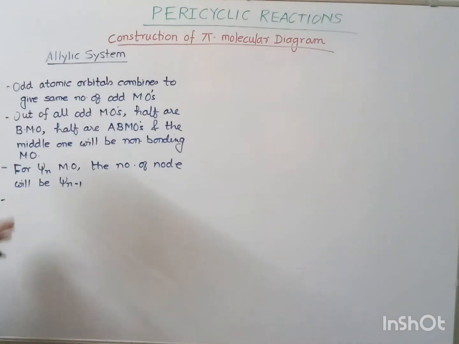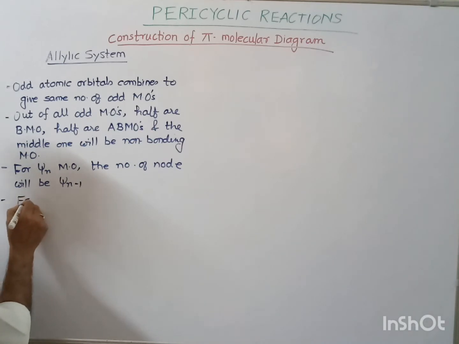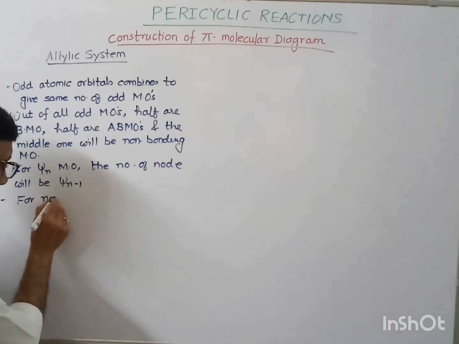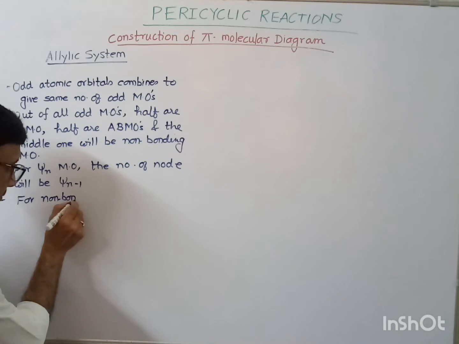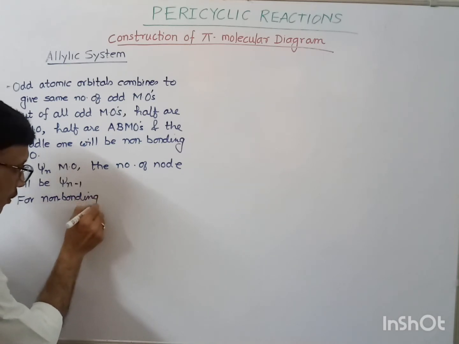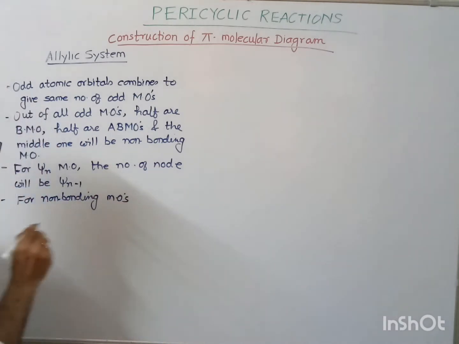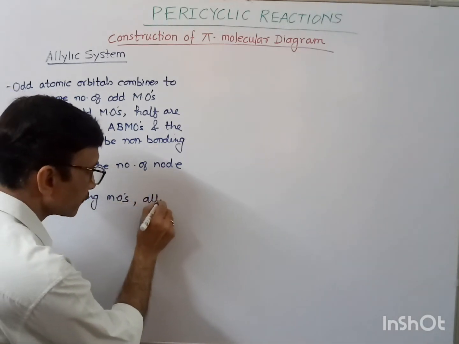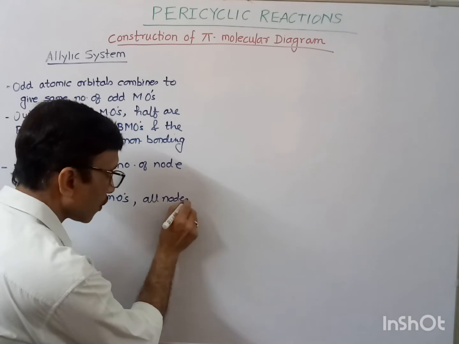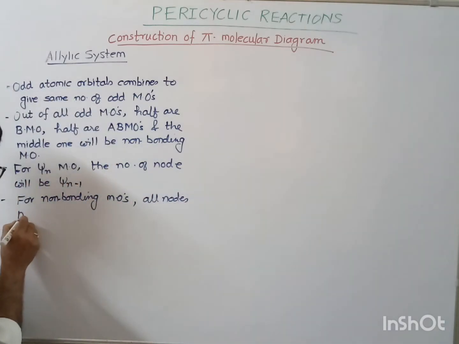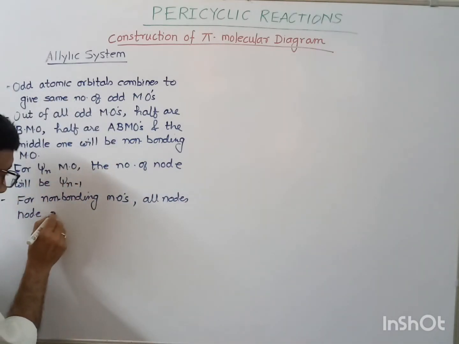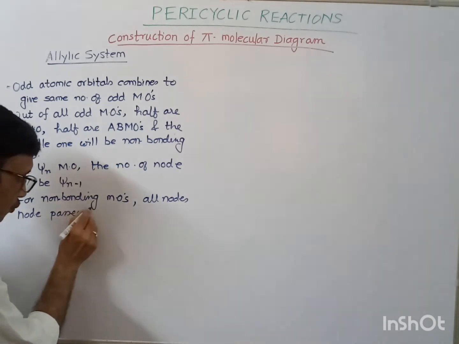So for the non-bonding molecular orbital, all nodes pass through the